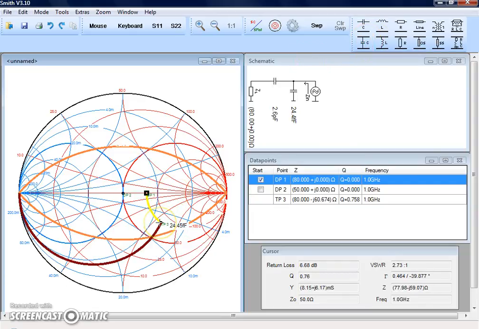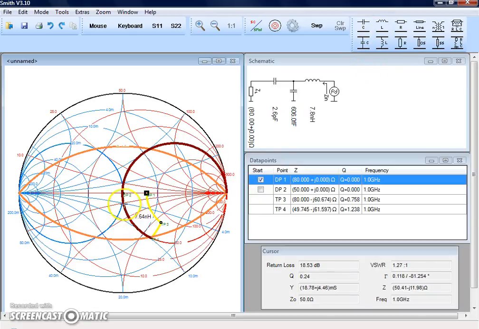Then the shunt component will be a shunt capacitor of around 0.605 or 606 femtofarads, and finally a series inductor of around 9.7 nanohenries. As you can see, I have started first with the 2.6 picofarads in order to be able to intersect with the orange